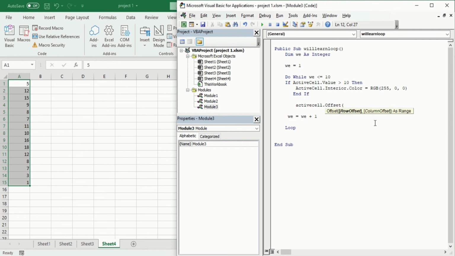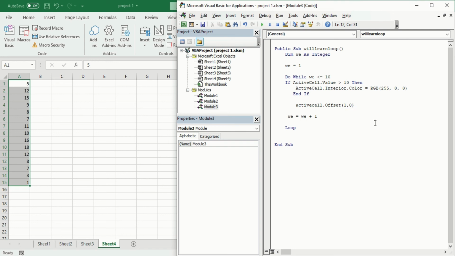We need a row offset. We do not need a column offset because there are 15 rows and different columns. We are moving from A1, A2, A3, which means we are moving row-wise, not column-wise. So now the column offset is 0.